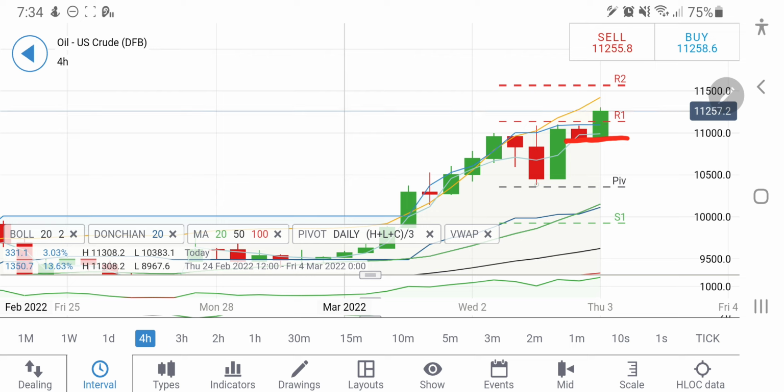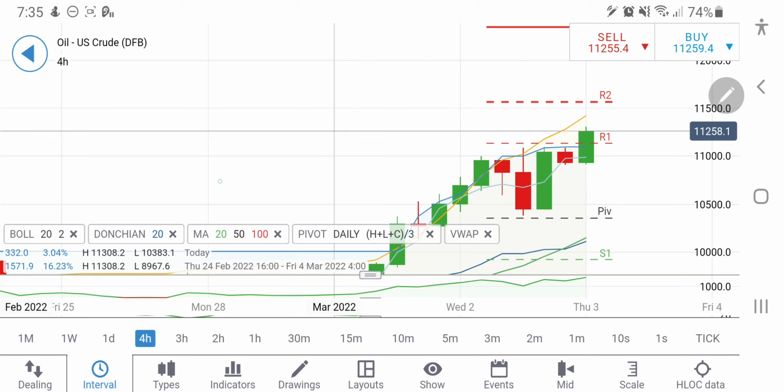This is the 4-hour chart, and on the 4-hour chart from $105 it has started rising. It has seen a high at around $115, and from $115 taking a base there. Let me correct myself a bit. The dollar levels confuse me a bit, but yes, with the support here at around $104,